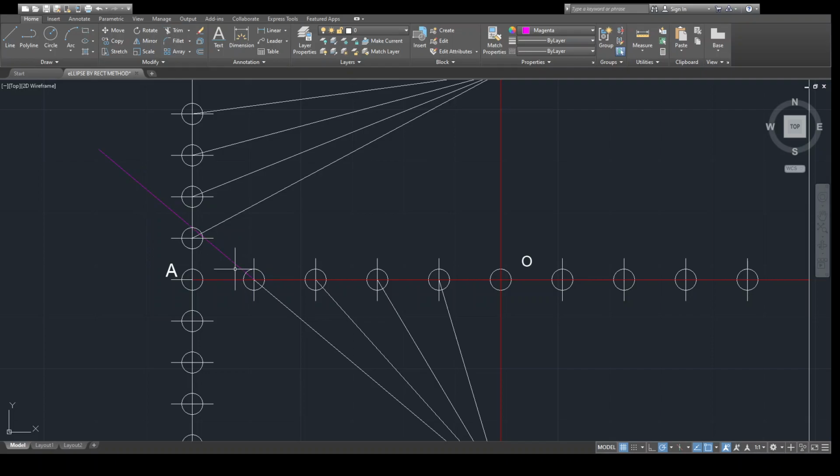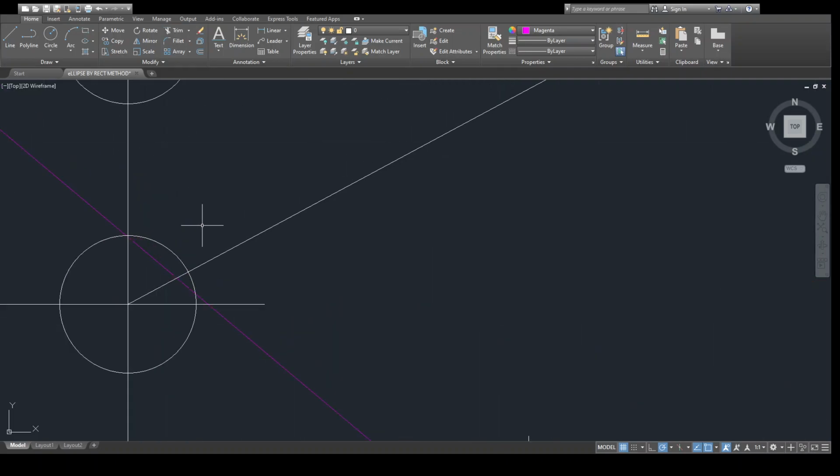That's why I have changed the color of the line to magenta. You can see this white line and this magenta line, and the intersection point is this. You can add the point there if you want. So this is my intersection point somewhere here.